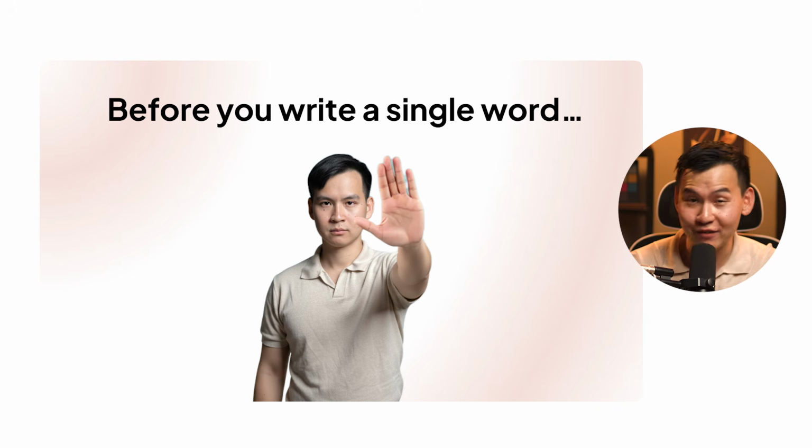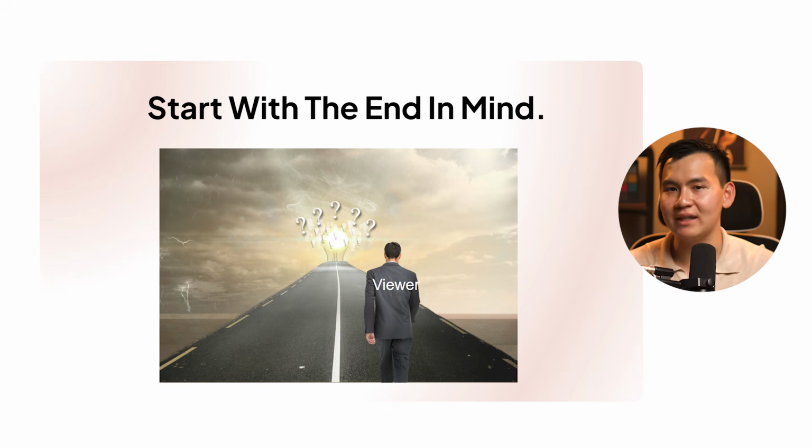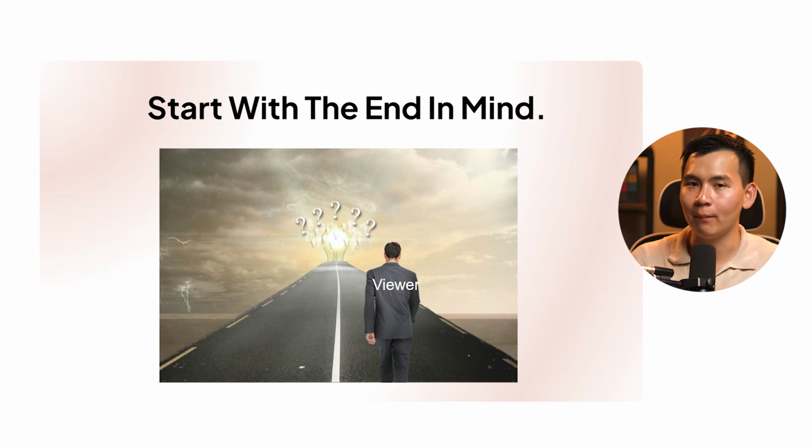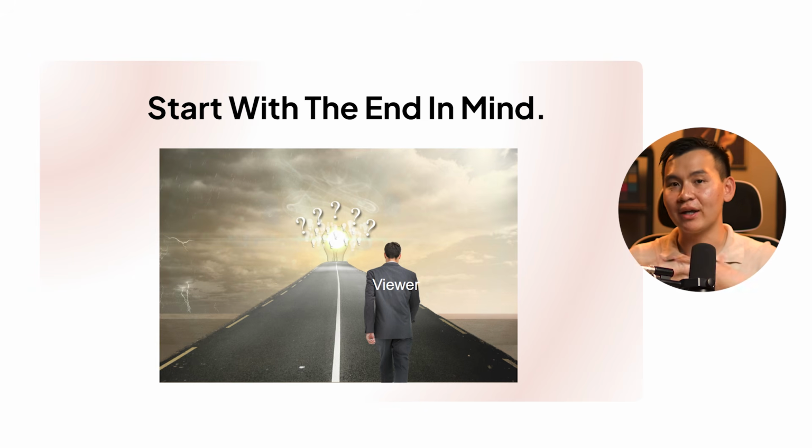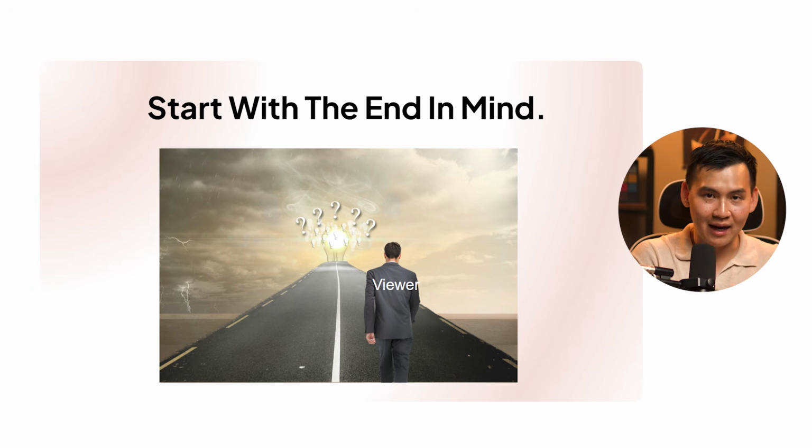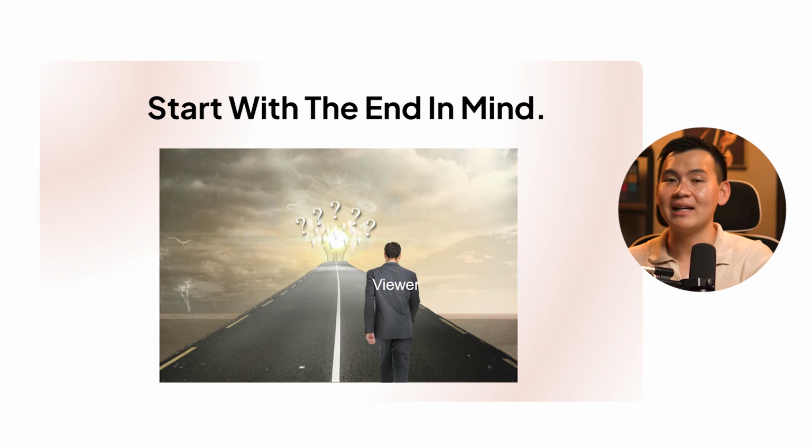Before you even write a single word, you need to start with the end in mind. You want to know where your viewer ends up. The problem with people who use AI, and the reason they get AI brain rot, is because they use AI to give them what the end output should be, when really AI is just a tool. The best users of AI, someone like Elon Musk, will be able to build a rocket with AI because he understands all of the different components that go into building a rocket. Similarly, if I know what a good YouTube video looks like, and then I prompt AI to get me to the end result, I am much more likely to get to the end result.